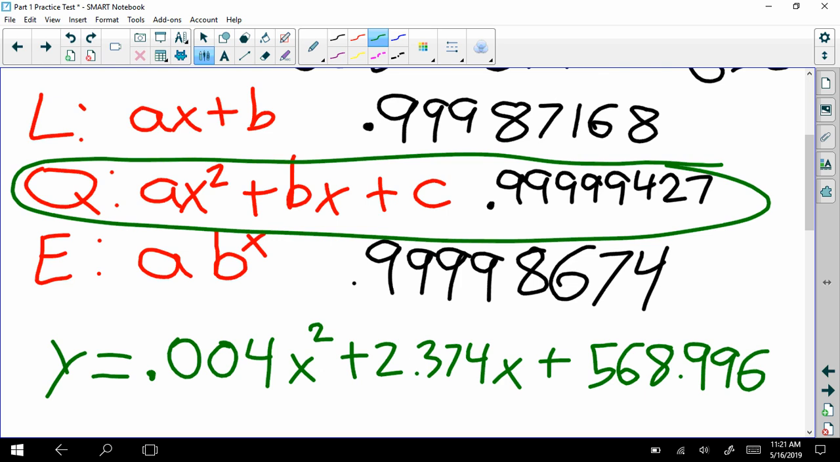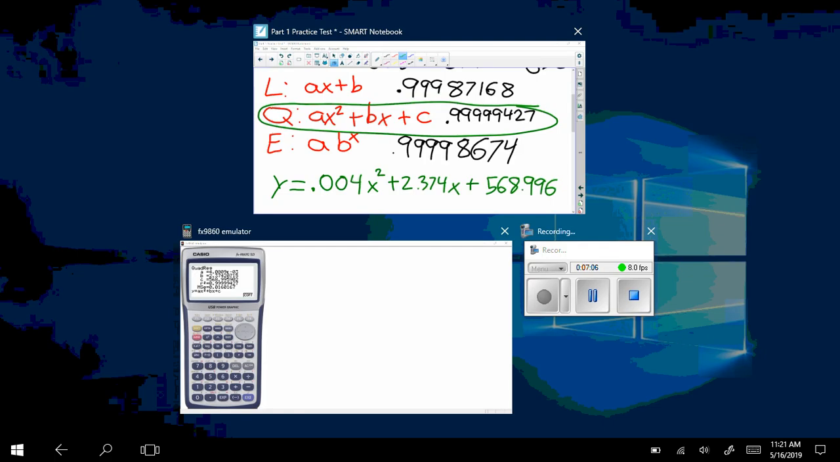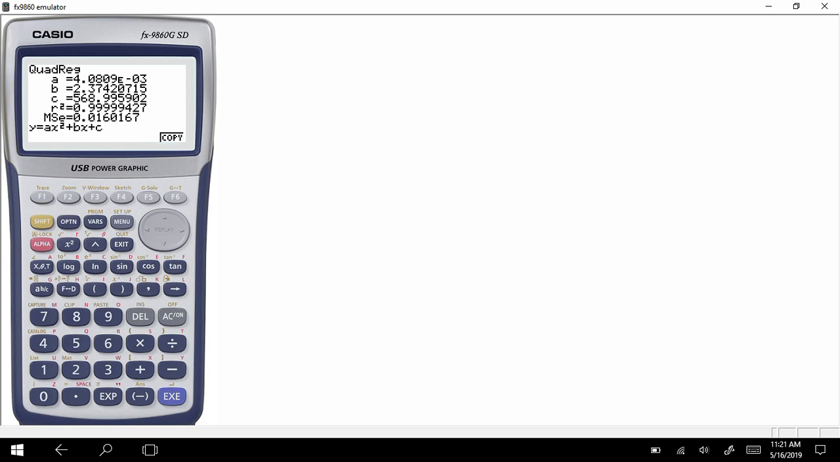So that answers all of part A. It says find which one's the best. Quadratic is the best. Write the equation. There it is. Now it says use your equation. So Casios have this feature where you can just copy the equation and paste it onto the calculator. So copy it and then hit EXE to paste it. Now it's in Y1, so now we can use our Y1,